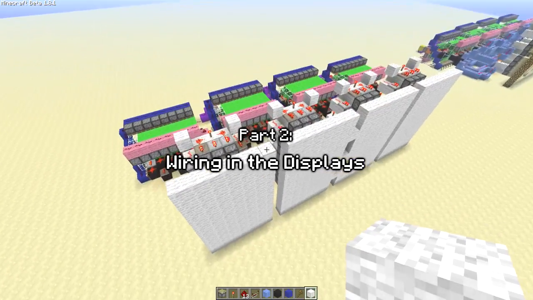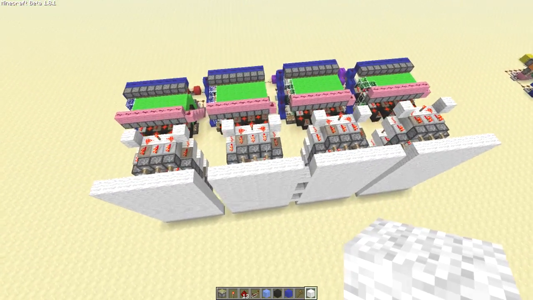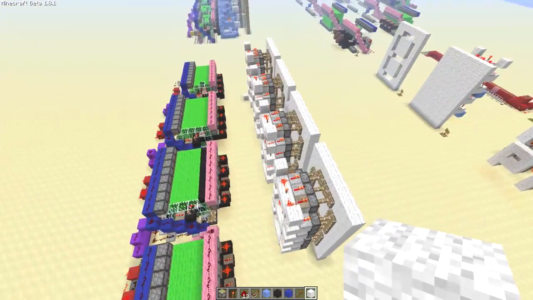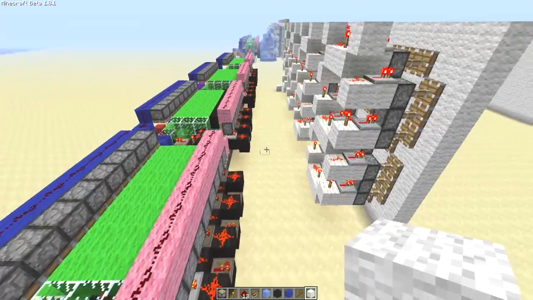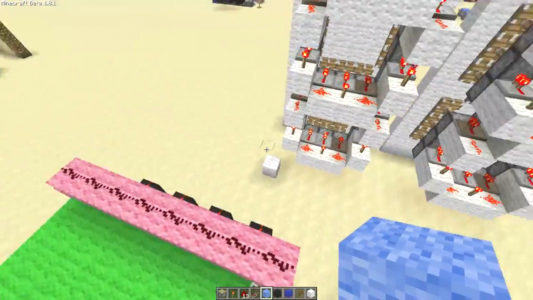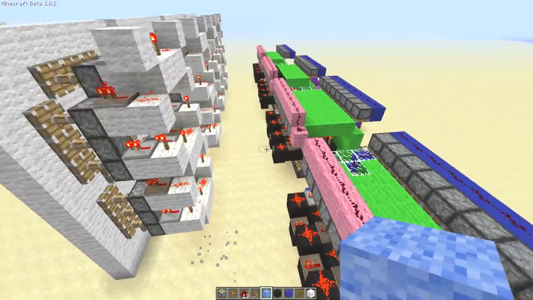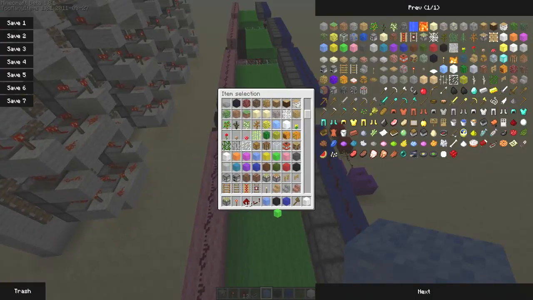And yeah, like I say, it's just one gap in between each display. I find this is the safest way really of doing it. So you've just got quite a nice bit of room back here to connect up all of your arrays without getting any problems. So I'm going to start with the first array here because I think this is the most